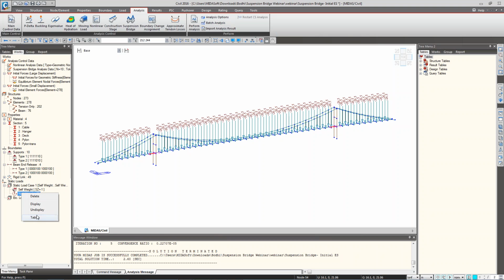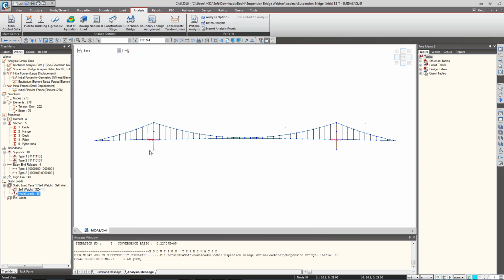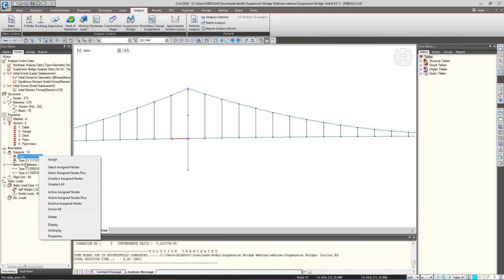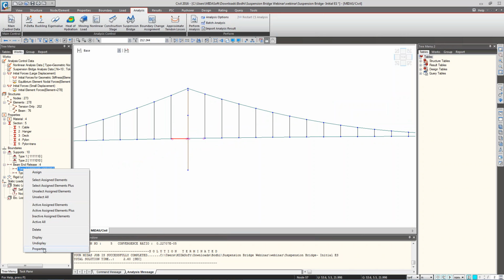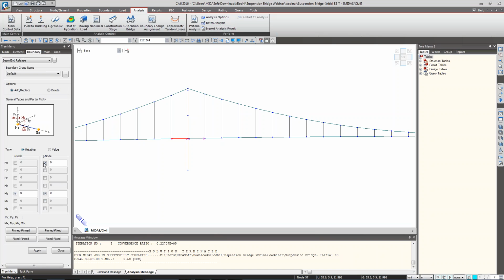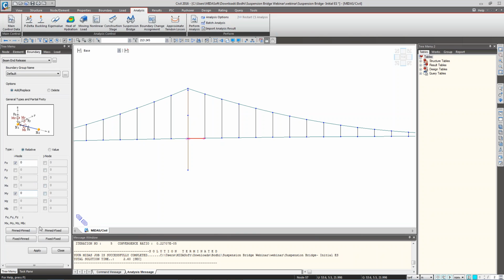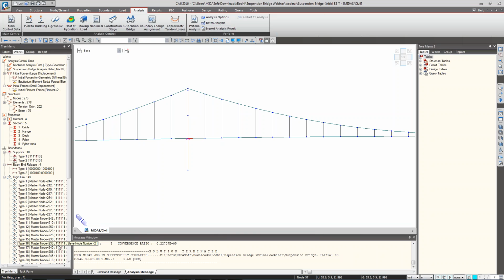For clarity, I will just undisplay the loading, but again this end release has to be fixed now. So I will right click over the beam end release, go to properties, and uncheck MY release for these, and for the other ends I'll also uncheck MY release. Okay,